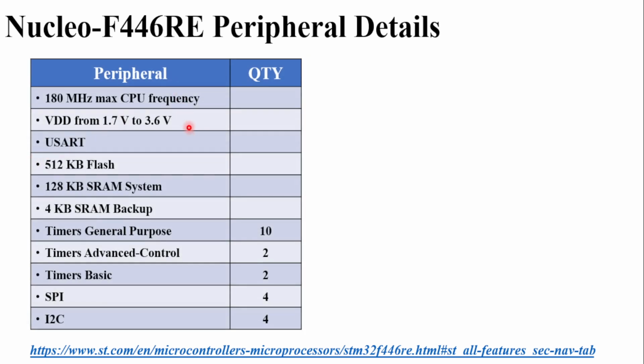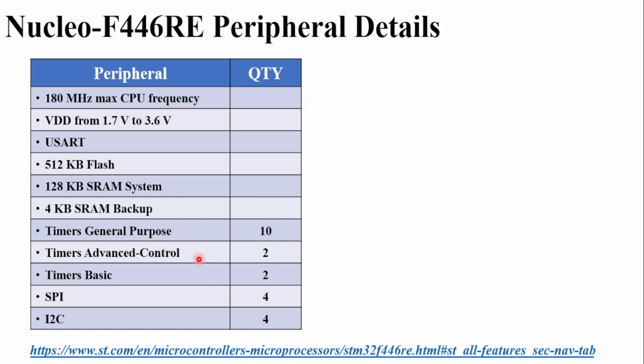So what are the peripherals available with this particular microcontroller? This microcontroller can work with a crystal frequency up to 180 MHz. It can work between voltages of 1.7 to 3.6 volts. So below 1.7 and above 3.6 is not recommended for this microcontroller. We have serial communication features. We have 512 kilobytes of flash, that means the program that you can upload, 128 kilobytes of SRAM, 4 kilobytes of SRAM for backup purposes, 10 general purpose timers,